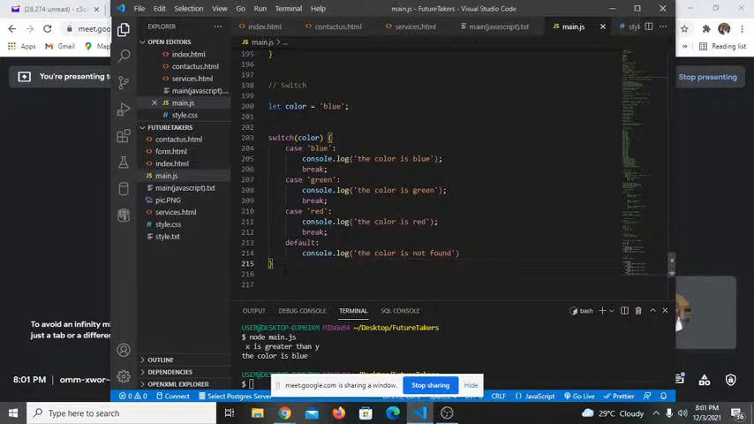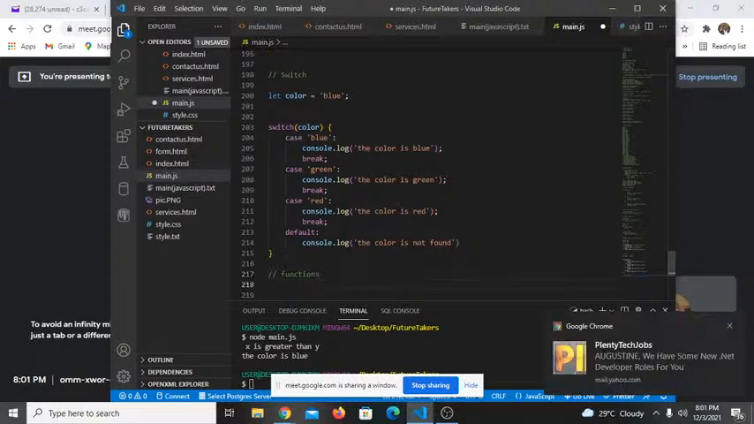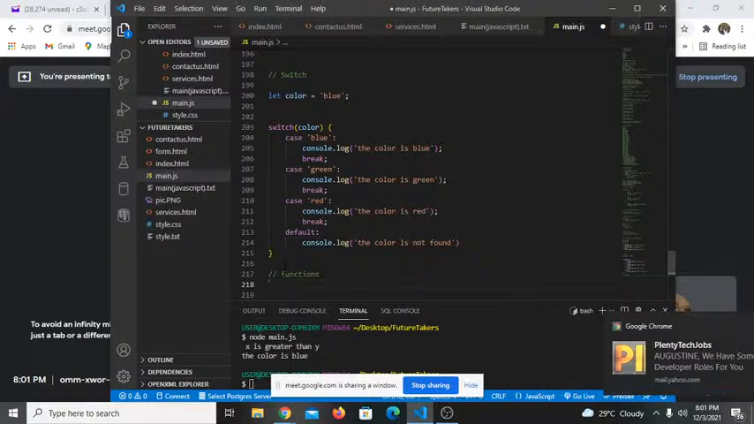The use of JavaScript. First of all, we're going to be looking at functions in JavaScript. So, how do you create a function in JavaScript? How do you create a function in JavaScript? Okay,